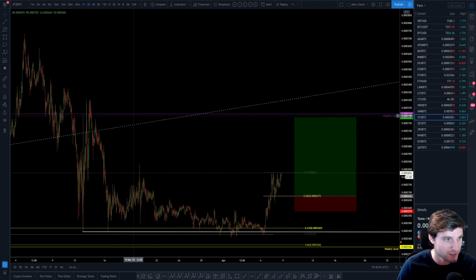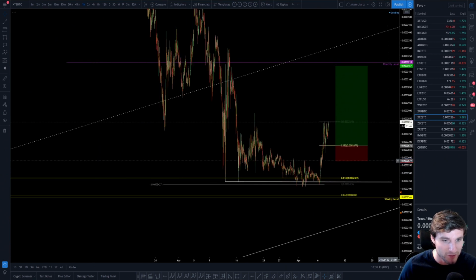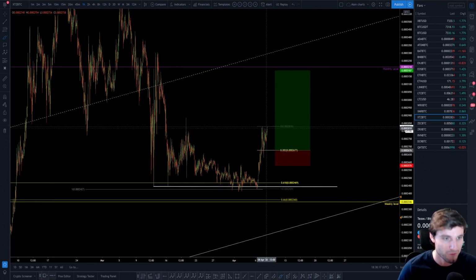I'll be happy to front run this monthly slightly, and take it to there. And if we obviously claim that monthly, then I'll enter again higher. I would say that I have to acknowledge that it is possible it does fall down, because I'm not saying 100% we're going up, but if it does fall down from here, and we sort of come down below this